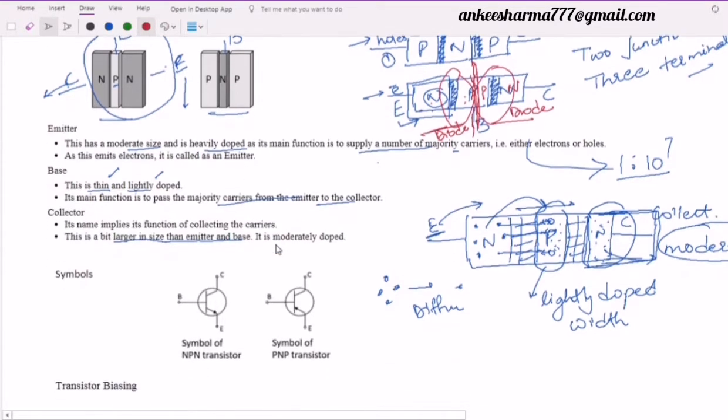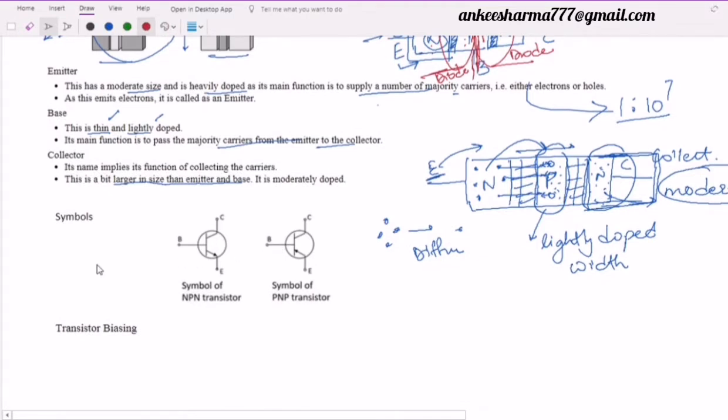Next, I want to discuss the symbols. Now, if we look at the symbol of a transistor, it is like this, where we have three terminals: C for the collector, E for the emitter, and B for the base. And as I said, there are two types of transistors: one is NPN and another is PNP. In the NPN, we have electrons, as I have discussed here. This is N, this is P, and this is again N. So electrons are going from emitter to the collector. The direction of the electrons is from the emitter, going outward, right? Emitter is emitting. It means the direction of the current will be opposite to the direction of the electrons. Or can I say the direction of the current is towards the emitter terminal?